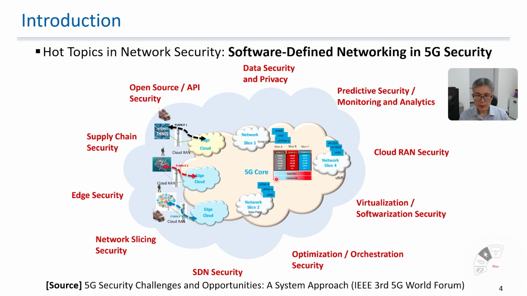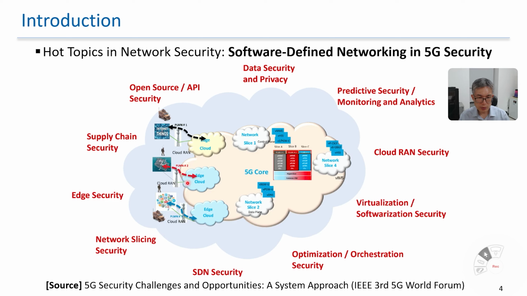The 5G network consists of the 5G core network and the radio access network, RAN. The topics include data security and privacy, predictive security and monitoring and analytics, cloud radio access network security, virtualization, software virtualization security, optimization and orchestration security, SDN security, network slicing security, edge